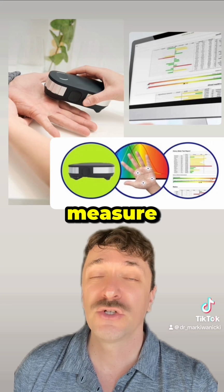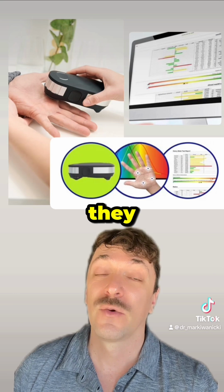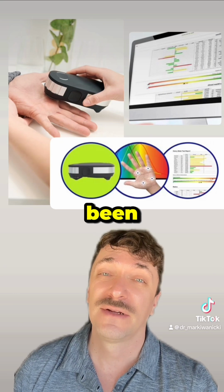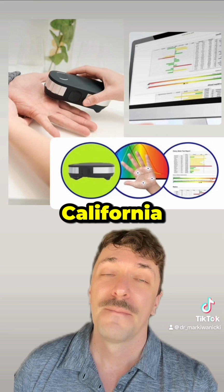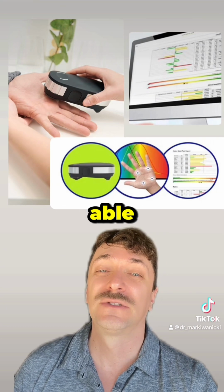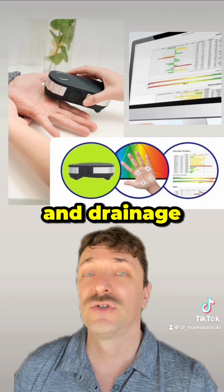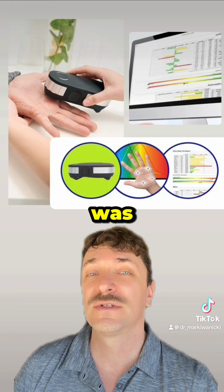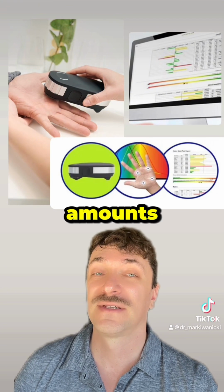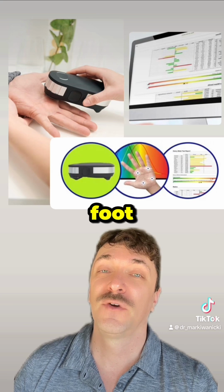I would measure this pretty consistently once a month, and my aluminum levels were high and continuing to increase. This may have been due to many factors in the environment in California, but for whatever reason, I was never able to lower my levels of aluminum. I tried different detox and drainage techniques. I tried different chelators, different IVs. Nothing was actually able to lower my aluminum amounts, except the one time I did an ionic foot bath